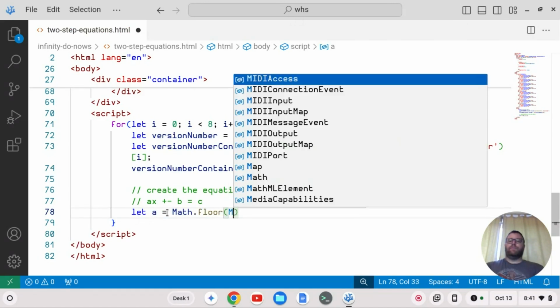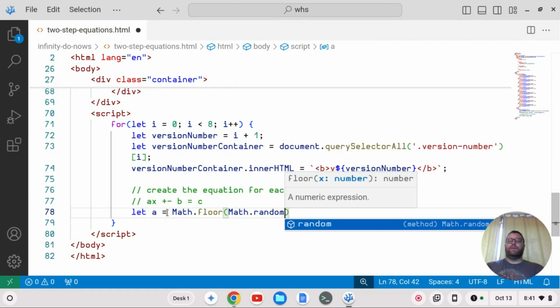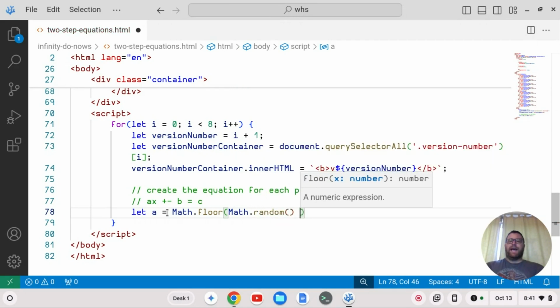Now we've got to pick the range. Math.random, if I do that, it's just from 0 to 0.99, etc. But if I multiply it by 8, actually, because of the Math.floor, it's just going to be 0. So if I multiply this by 8, it's going to go from 0 to 7. I don't want it to be 0, so I'm going to add like 2, and then it'll be from 2